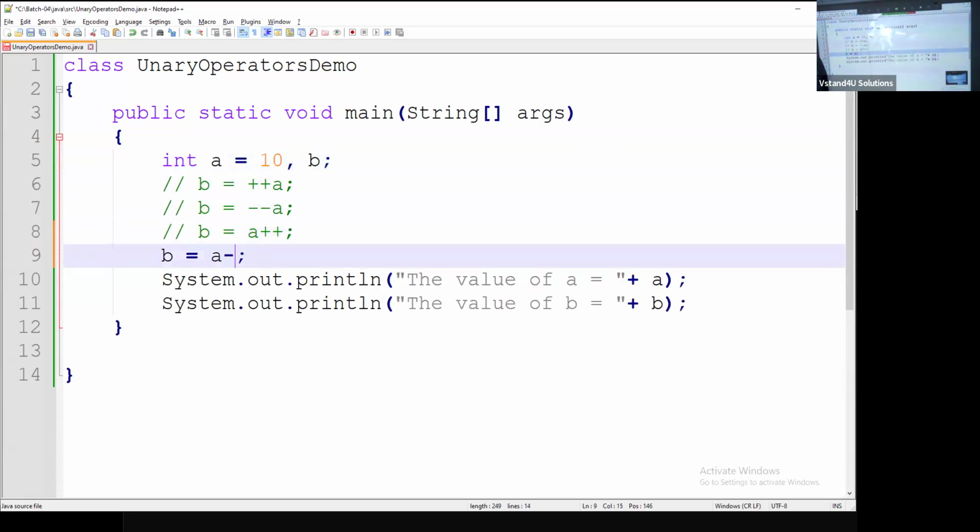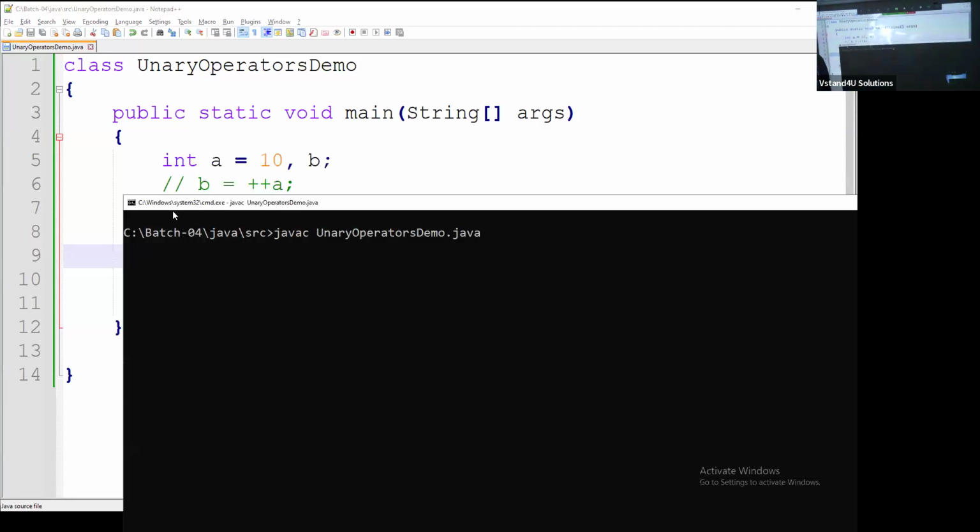Post-decrementation. In this case, first assignment, the current value of A is assigned to B, initialized with 10. Agree? First assign the current value. A's current value is what? Assign the current value, that is 10. So B becomes 10, but did you do the decrementation yet? So A becomes 9. A is 9, B is 10, shall I check? Sure? Am I right? Agree? Quickly, shall I proceed now?